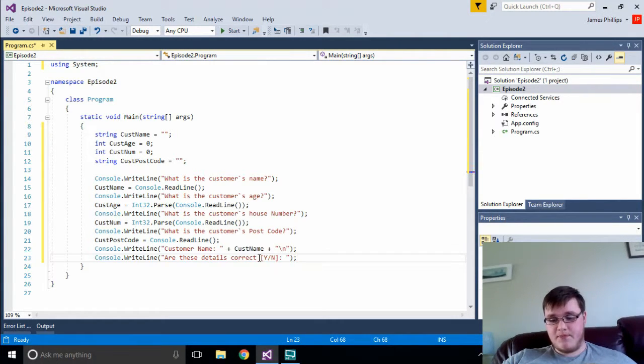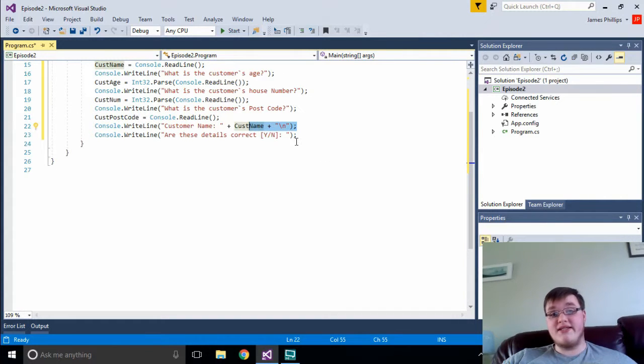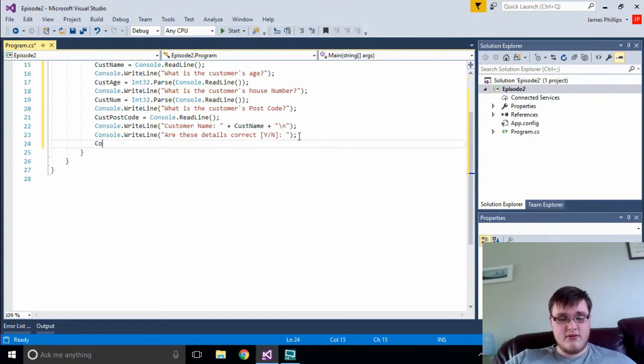Yes or no? And now what we can do is we've got a choice. We can either do what we've done here, add a line break and then keep going and add more strings, or we can write another console.WriteLine. I'm going to write another console.WriteLine just because it looks neater and is more efficiently written and easier to read for the developer and anyone maintaining your code. So again,